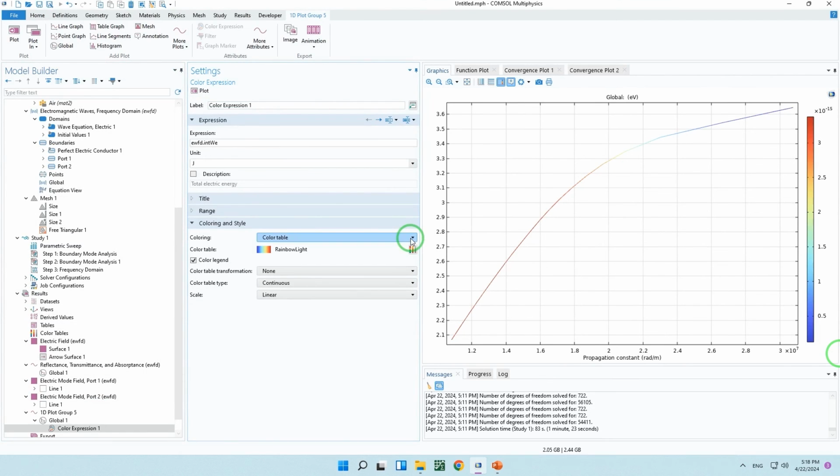In the color expression I can write the minus real EWFD dot beta 1 divided by imaginary of